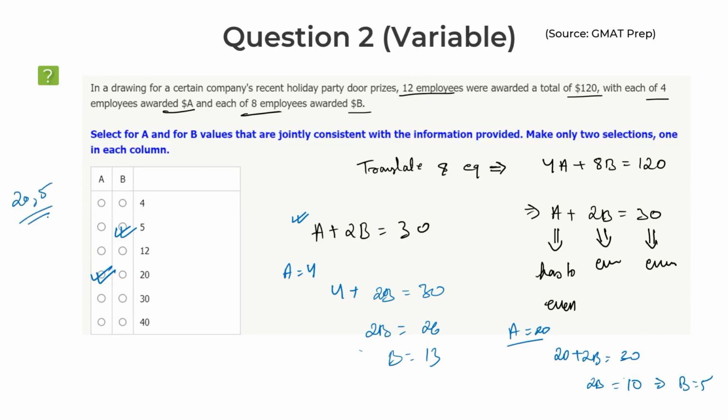Most of you got this right. I hope all of you understood this. Let me just bring up the poll really quickly. Let me see if there's any sort of